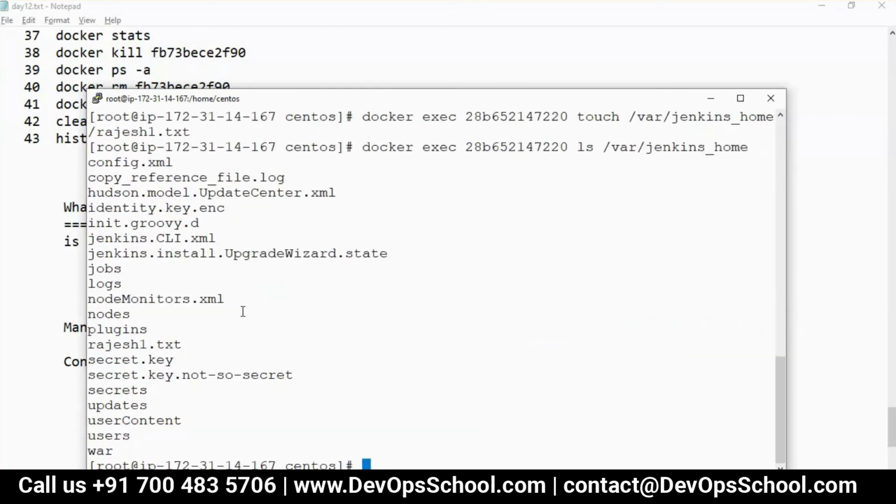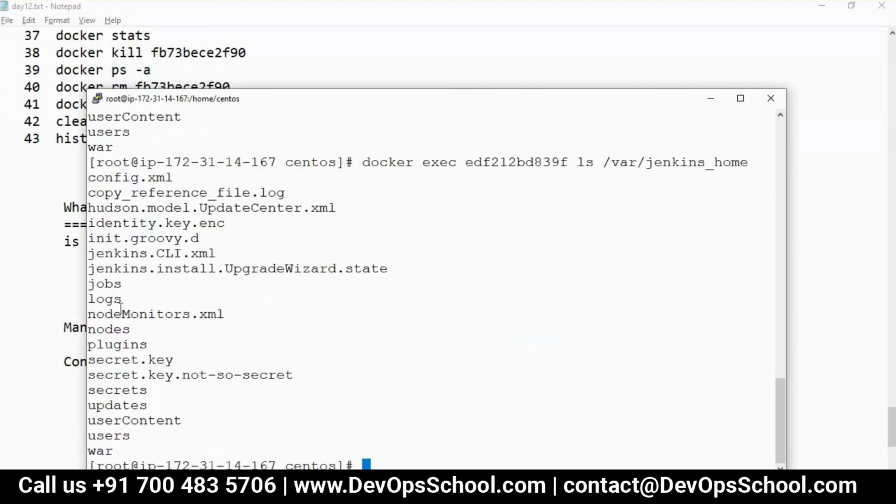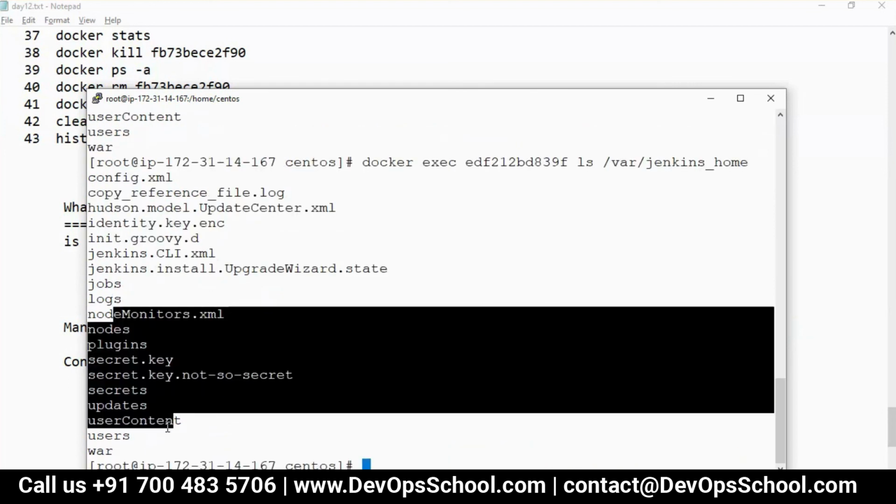I'll change the container ID. See that Rajesh.txt is there or not? See? That means this container also can write a file in C Apache. Remember, that container also can write a file in C Apache.